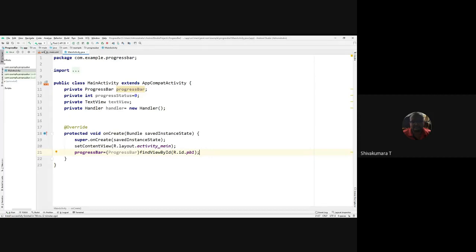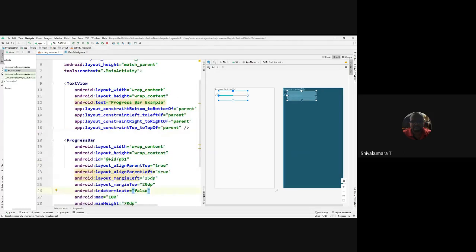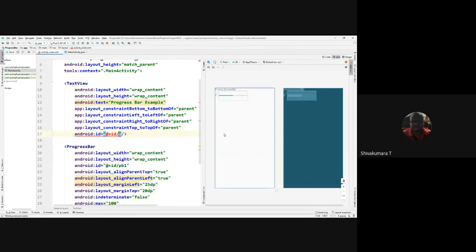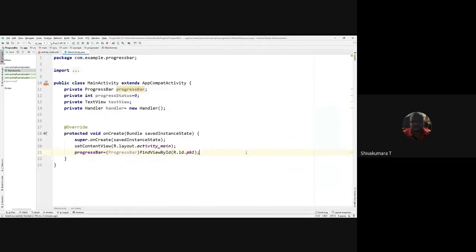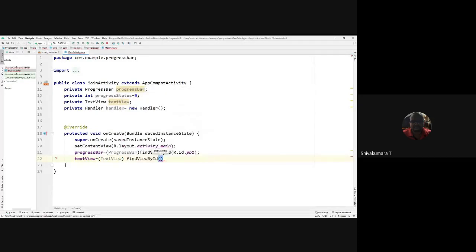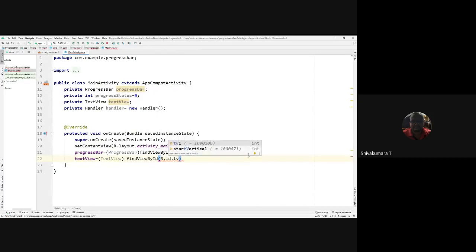Is there any text view present in our code? Yes. For the text view ID you need to specify tv1. So you bind that text view, equal to text view find view by id resource.id.tv1.